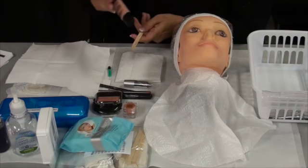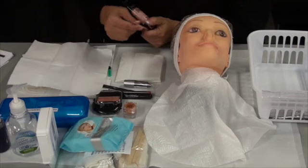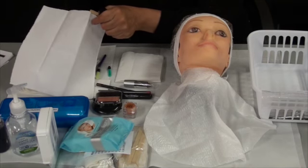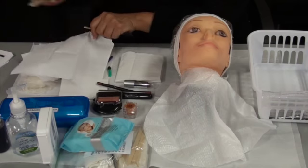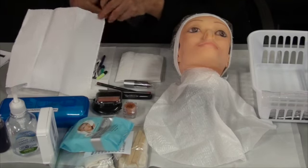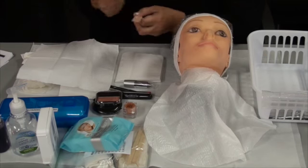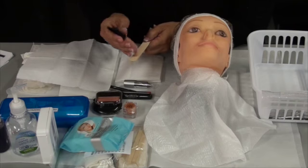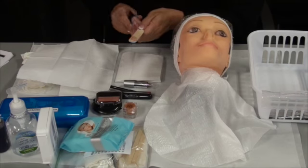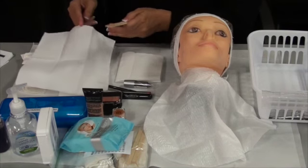We're going to use a spatula, and our foundation is going to be applied onto the spatula. Now, you can use the small spatula or you can use the large tongue depressor, whichever one you want. I'm going to choose to use the large tongue depressor to do this. So you're going to open it up and you're going to place the foundation without touching the nozzle onto the spatula. You're going to close your foundation, put it back onto your table setup,